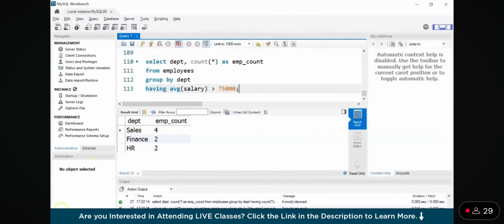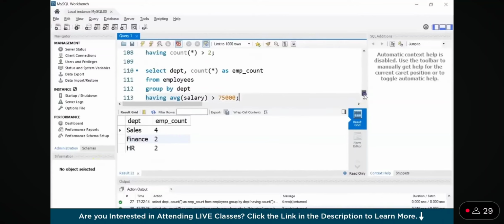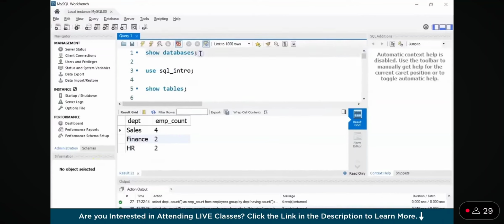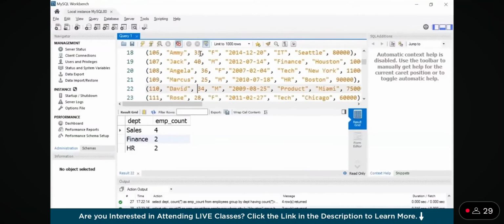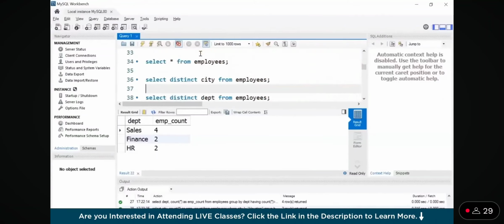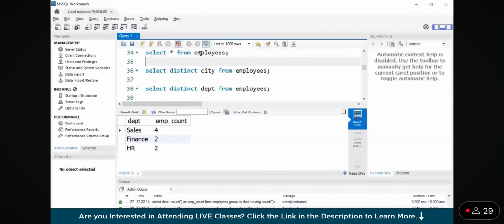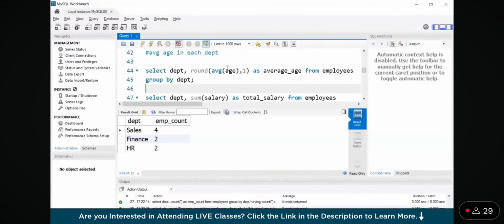Okay, so let me recap from the beginning what we did in our demo. First we created a table called employee, then we inserted 20 records to this table. Next we explored a few SQL commands like distinct, then we used average, and finally we started with our group by clause,